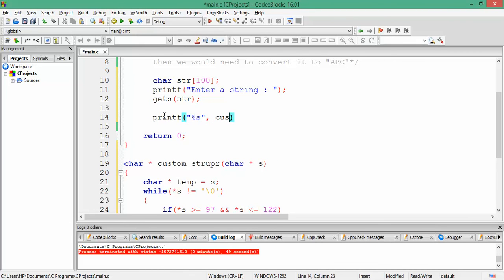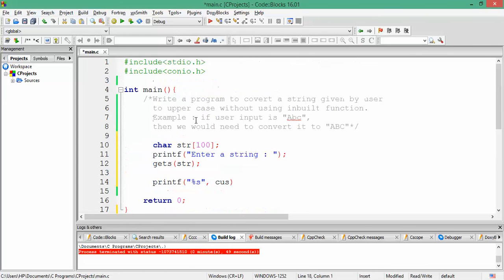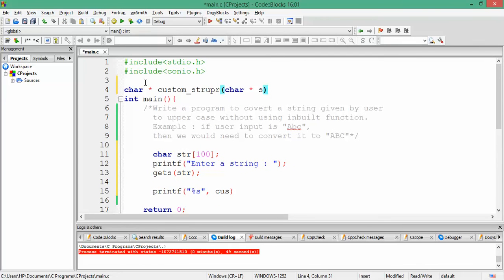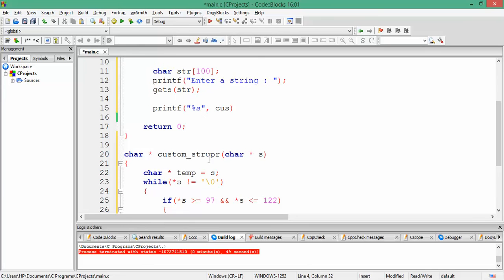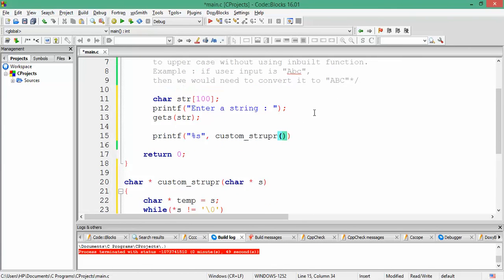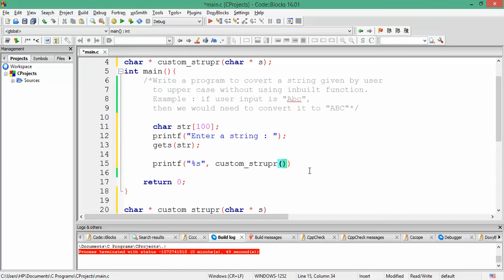Custom. One thing I've forgotten is to declare its prototype at the beginning, before the main function in which we are going to use it. And in this we are going to pass the address of the array in which the string is stored.